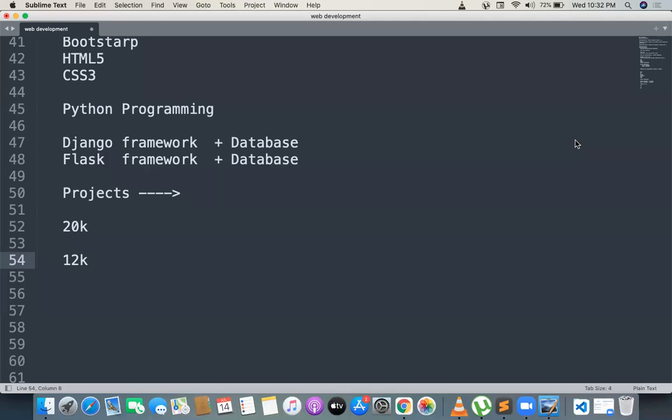This is very, very less. This is not even going to be half of your salary. Without investment, there are no profits, so you have to pay some fees. 12,000 is the fee for my students.